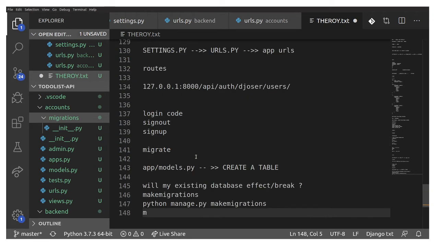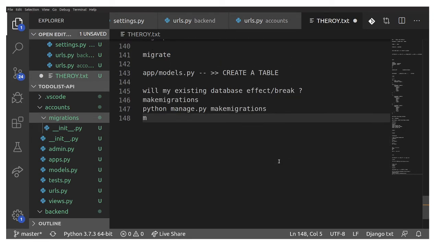Migrations. Okay, so what exactly is a migration? This is your app. For us it is accounts, or else to-do list. In models.py of the to-do list, you wrote a Python class, which will convert into